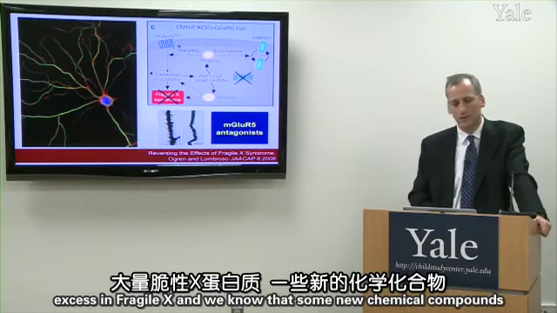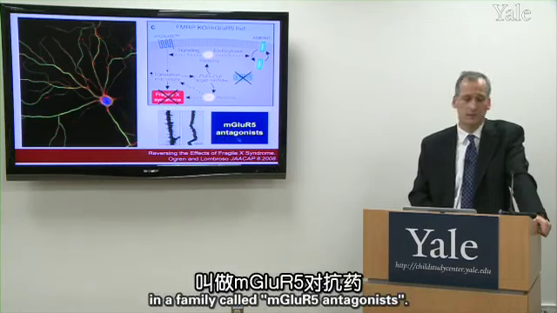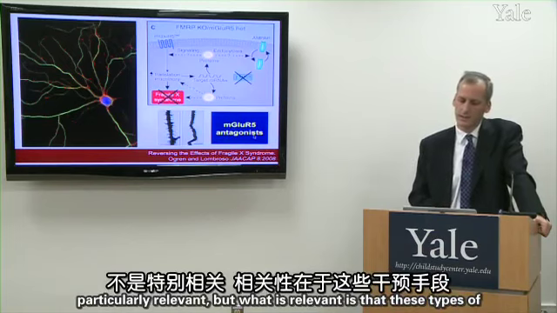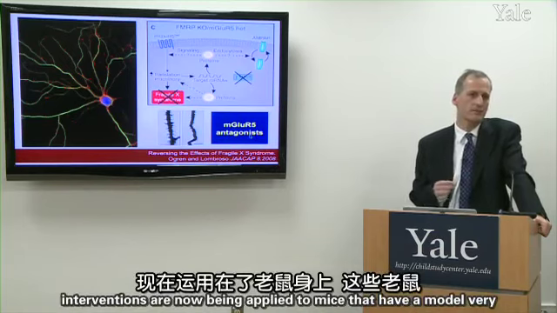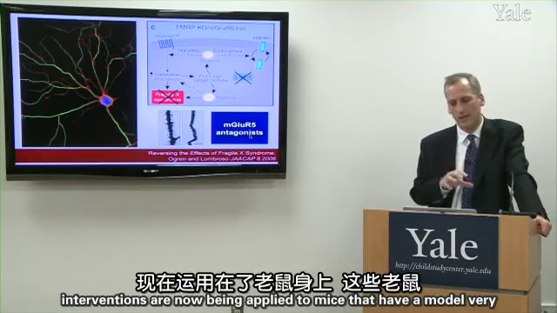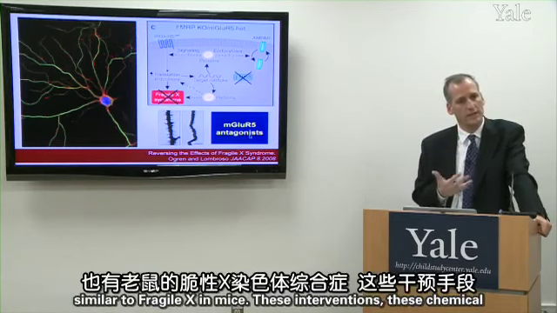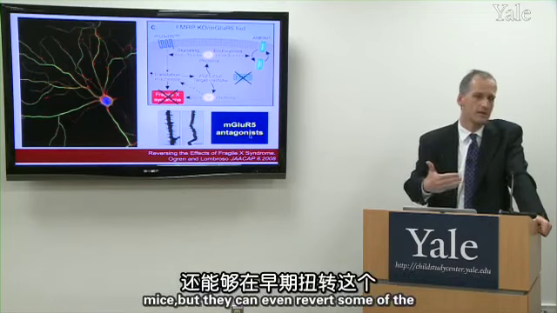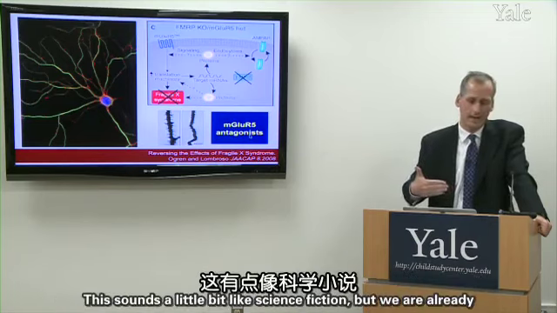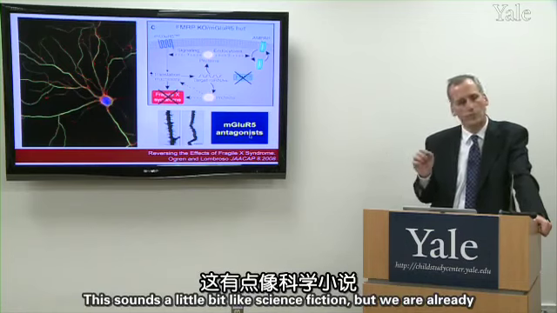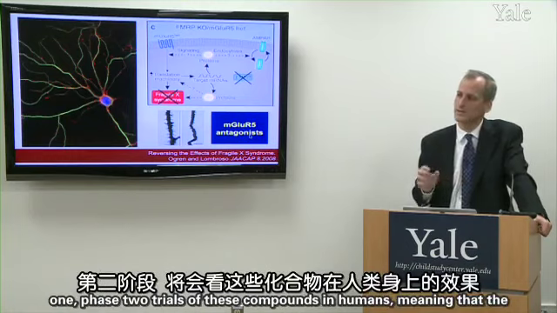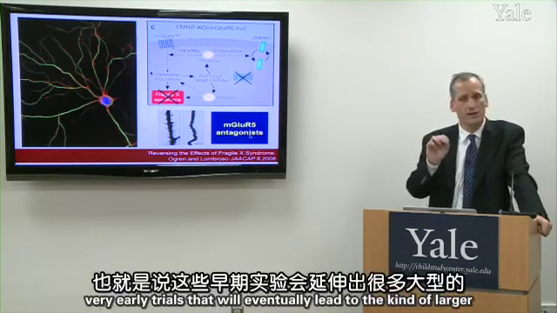And we know that some new chemical compounds in a family called mGlu-R5 antagonists, it's a mouthful, and that's not particularly relevant. But what is relevant is that these types of interventions are now being applied to mice that have a model very similar to Fragile X in mice. And these chemical compounds can not only prevent the development of Fragile X in mice, but they can even revert some of the early phases of the disorder. And this sounds a little bit like science fiction, but others are already starting what are called phase 1 and phase 2 trials of these compounds in humans, meaning that the very early